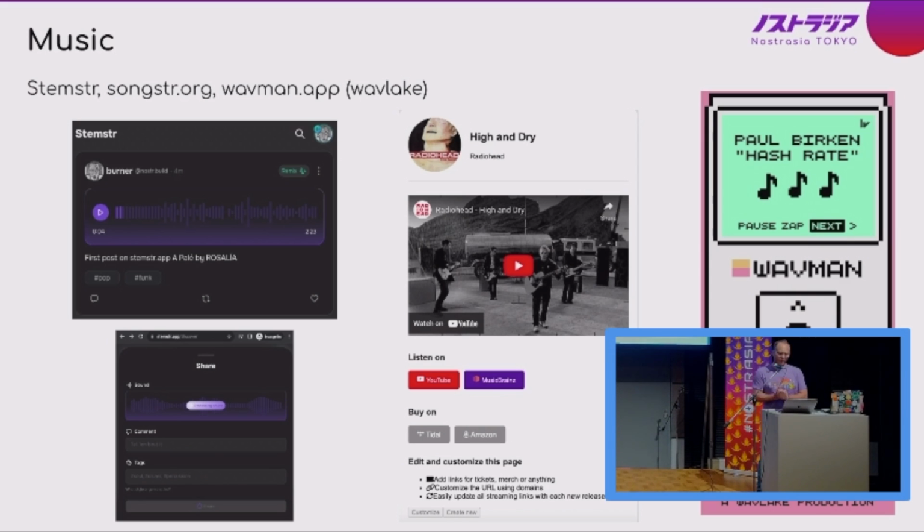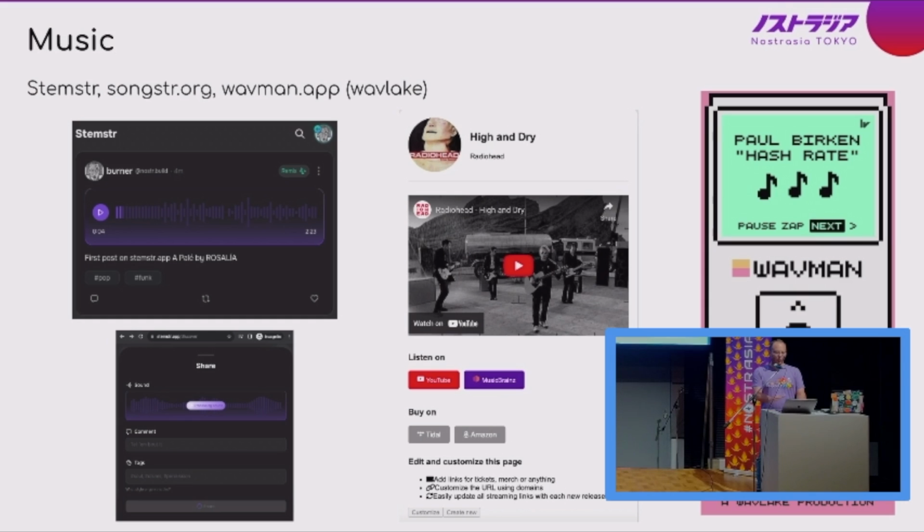And then one I also just found that I really like is waveman.app. And this is by the Wavelake team. They've been around for a while, and they've been into music for a while, obviously. And they have a really cool app, and all it does is stream your music back to back, right? And you can see it's in this kind of old school looking music player. So you just hit play, and it just plays song after song, and that's it. It's very simple, right?